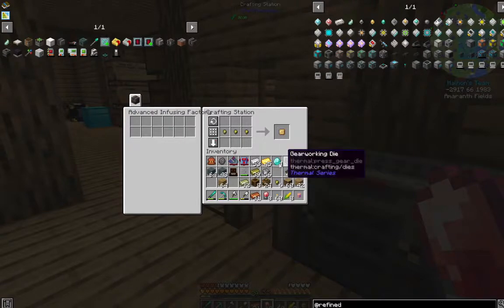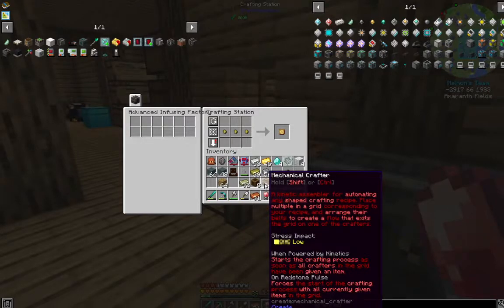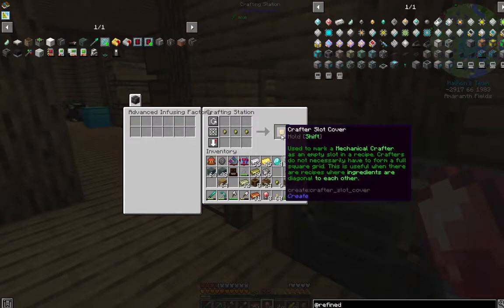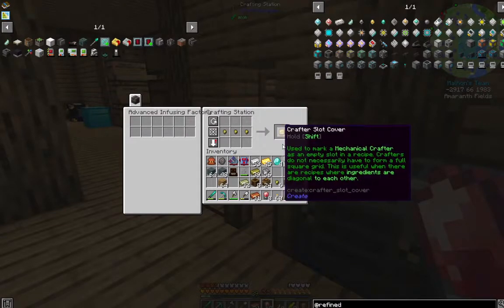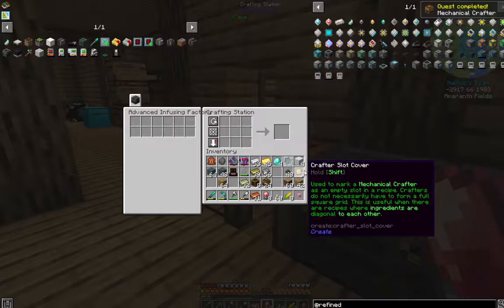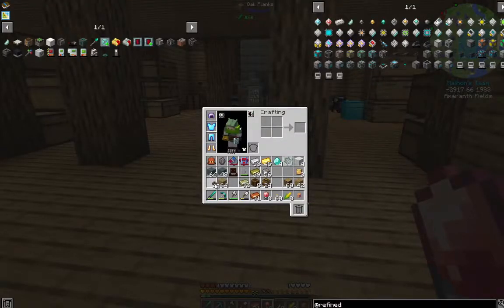And if you hold shift, the nice thing about Create, right, it gives you so much information. If you hold shift over each of these things, it tells you like stress impact low. It tells you what it can do. So these are nice. And let's make all of them actually, and I'll show you why. So these are mechanical crafter slot covers. They cover any empty slots in a recipe. So awesome, we now have the ability to